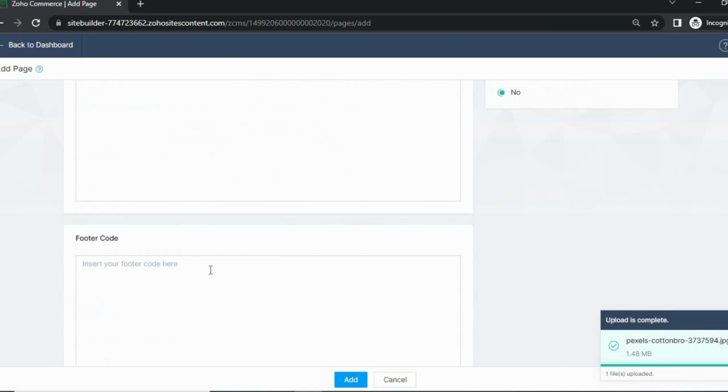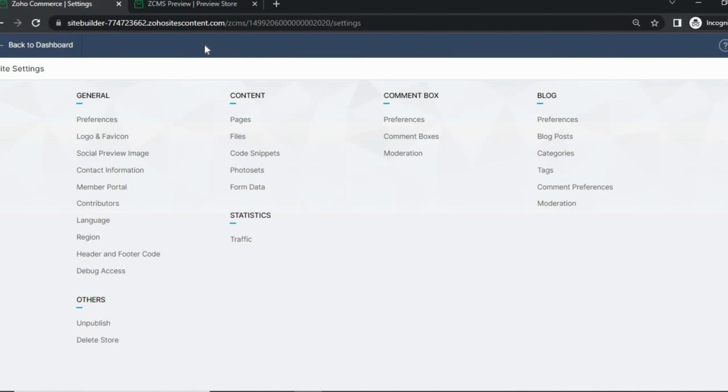Then the next thing that we're going to do is preview our website and see how it looks. I'm just going to go to site settings so that now I can show you the other options that you have. On your site settings, you also have options that you can use to set up your logo and any preferences that you have. If you want to create a member portal, which is more like your customer portal, if you want customers to be able to sign up